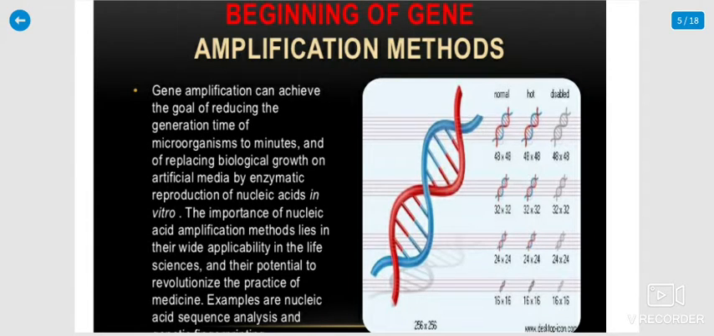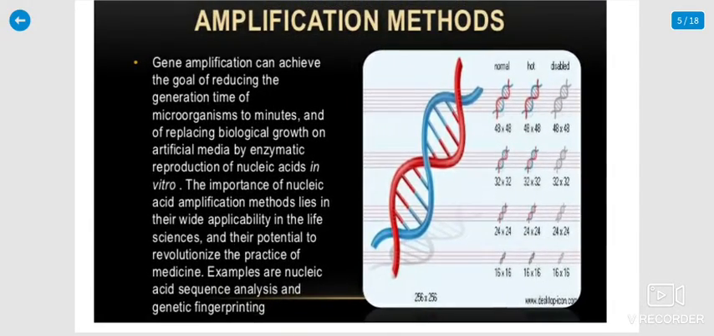so that with the beginning of gene amplification methods in the molecular studies of tuberculosis, gene amplification can achieve the goal of reducing the generation time of microorganisms to minutes, and of replacing biological growth on artificial media by enzymatic reproduction of nucleic acid in vitro. The importance of nucleic acid amplification methods lies in their wide applicability in the life sciences and their potential to revolutionize the practice of medicine. For example, nucleic acid sequence analysis and genetic fingerprinting are also among the best methods in